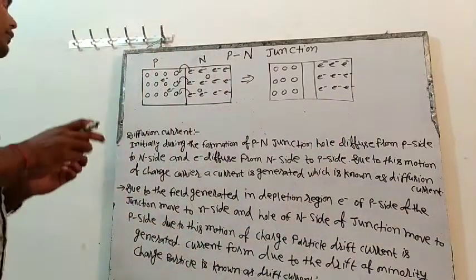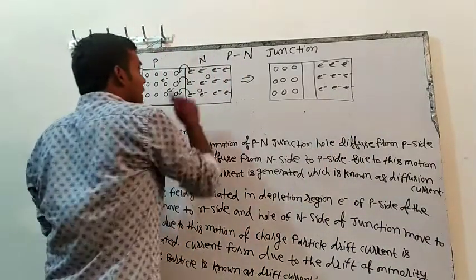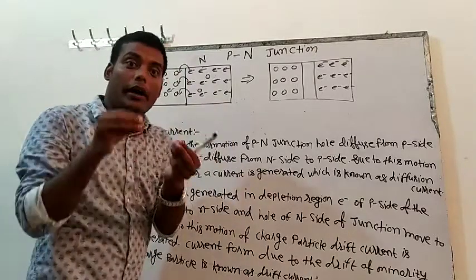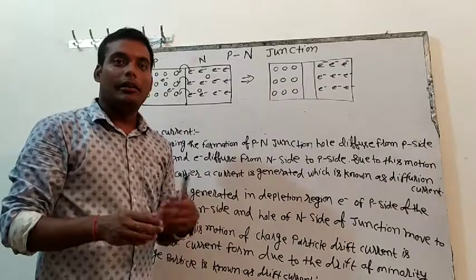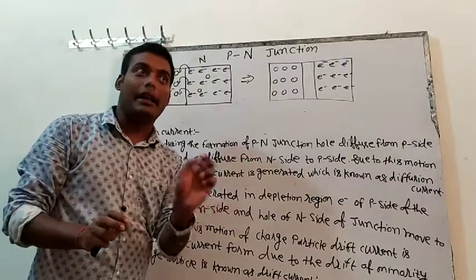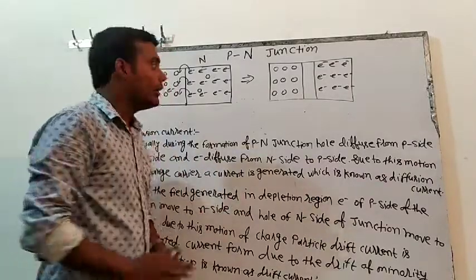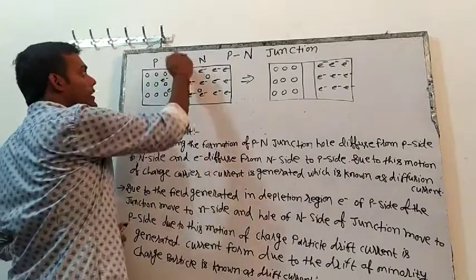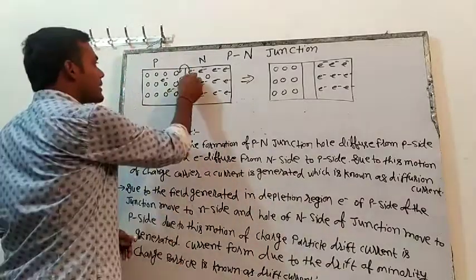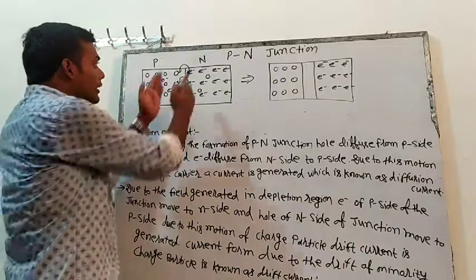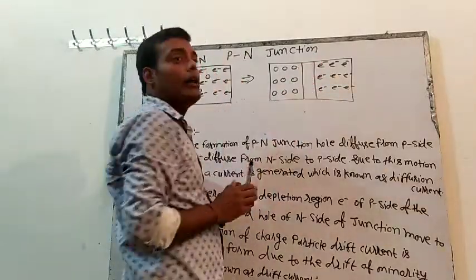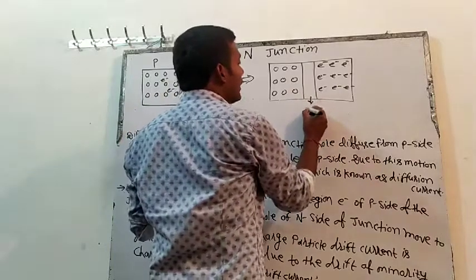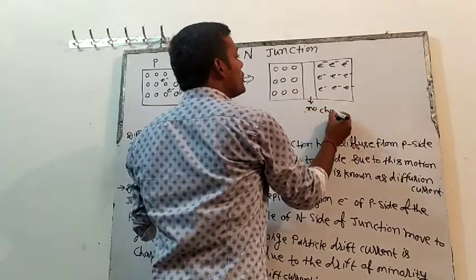The next picture will be like this one, because this is negative charge and this is positive charge. When the negative goes and fuses with the positive, what will happen? Negative plus positive, -1 plus 1, what will happen? 0. That is neutral. The negative is jumping on the positive, neutral. So in this region, a region will be created where there will be no charge.